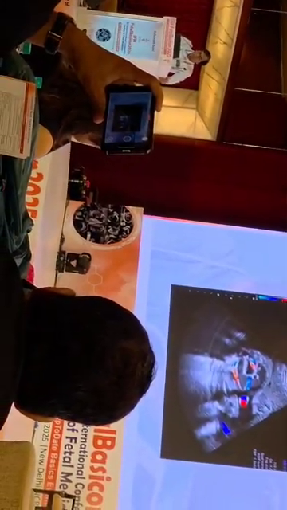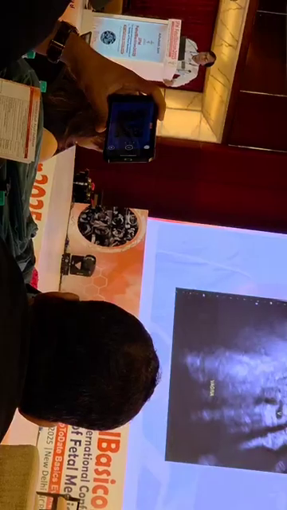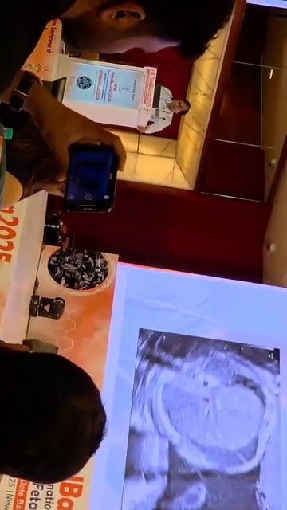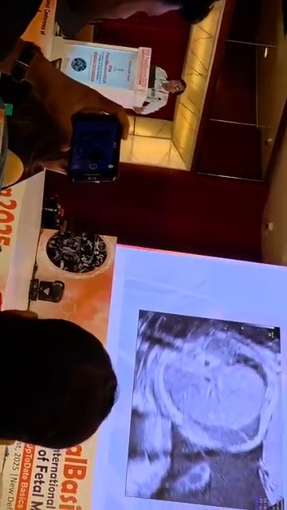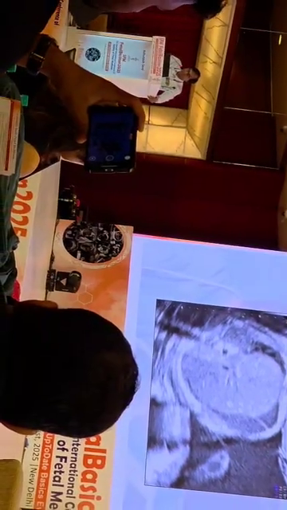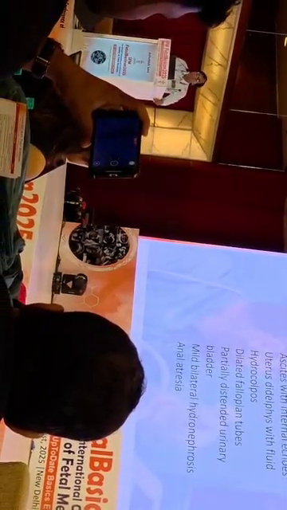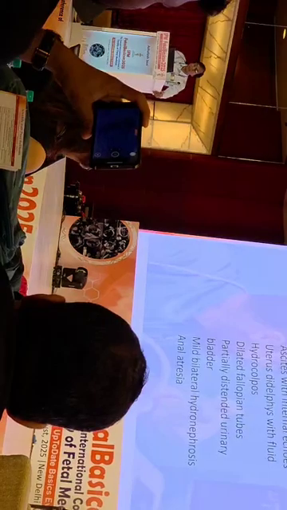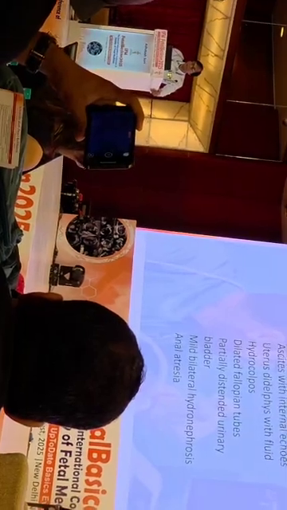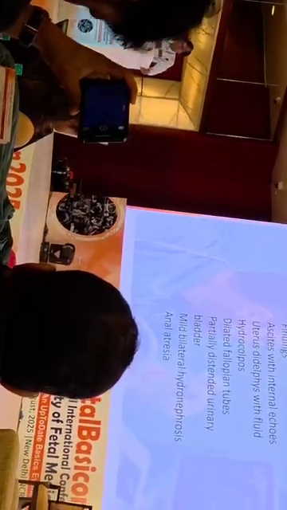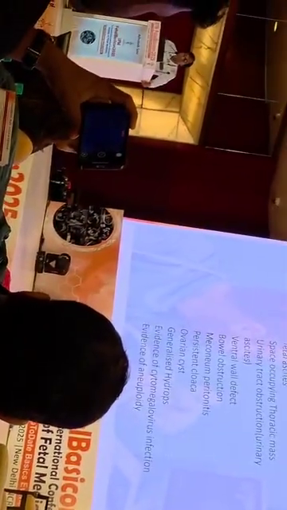Okay, this is the same. Partially distended urinary bladder. This is fluid in the vagina. This is liver, and it is devoid of any calcification. We'll see how it helps in diagnosis. So the findings are ascites with internal echoes, uterus dilated with fluid. There is hydrometra, you can say. Hydrocolpos, there is again a biseptated vagina, dilated fallopian tubes, partially distended urinary bladder, mild bilateral hydronephrosis, and imperforate anus.